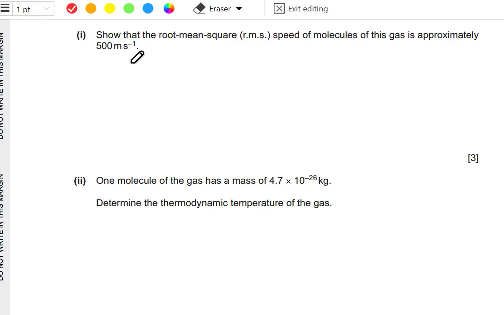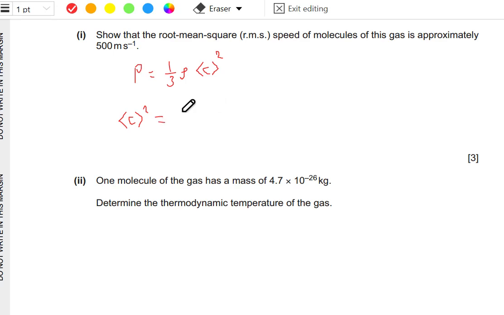We can get the RMS speed from either kinetic energy equal to 3 over 2 kT or p equal to 1 over 3 rho c to the power 2. We can rearrange,